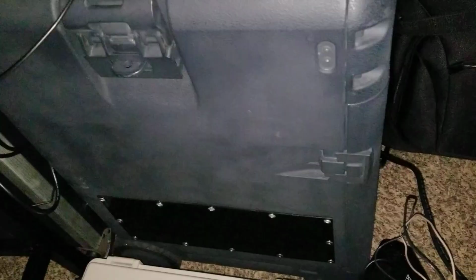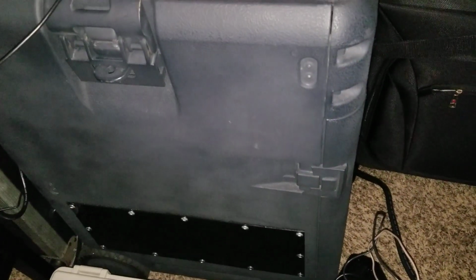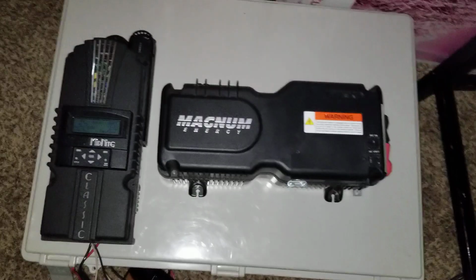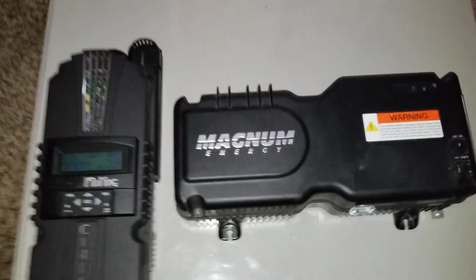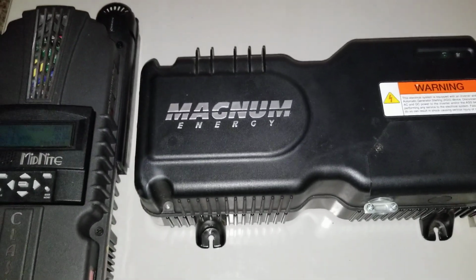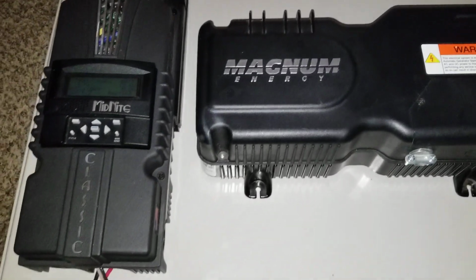I even got a Ryobi box. The Ryobi box is sitting there. I want to put a big inverter. I want to make a 12-volt system that's able to power something that really means something in case of any crisis. What I have here, guys, is a Magnum Energy, one of the best inverters out there,